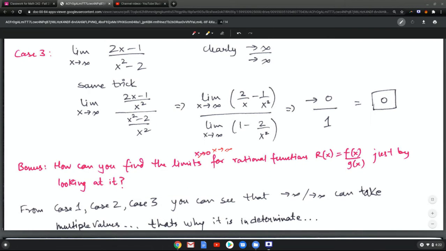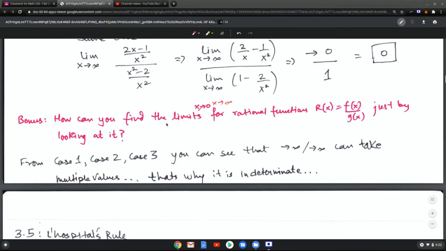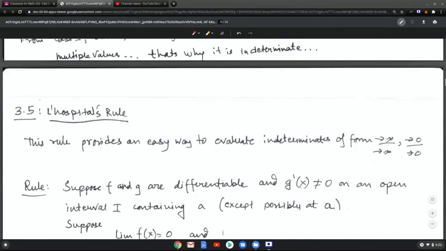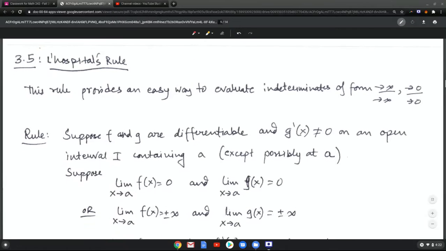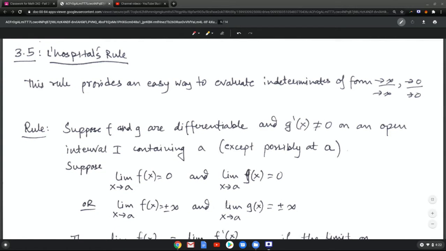Okay, so for rational functions, we have a method cut out, but it turns out that you can't always be working with rational functions. So we need a better rule, and there is a rule called L'Hopital's rule, which provides an easy way to evaluate indeterminates of this form. Here's what the rule says: